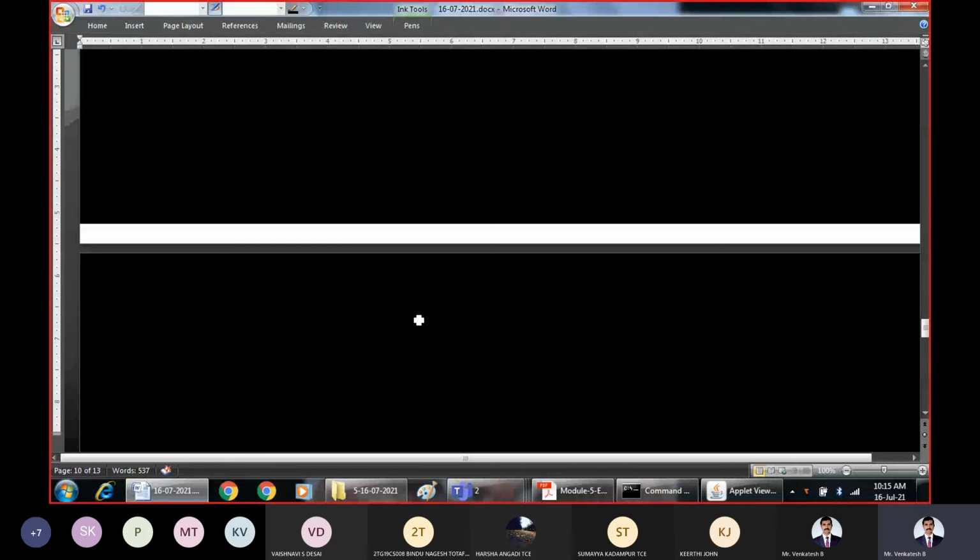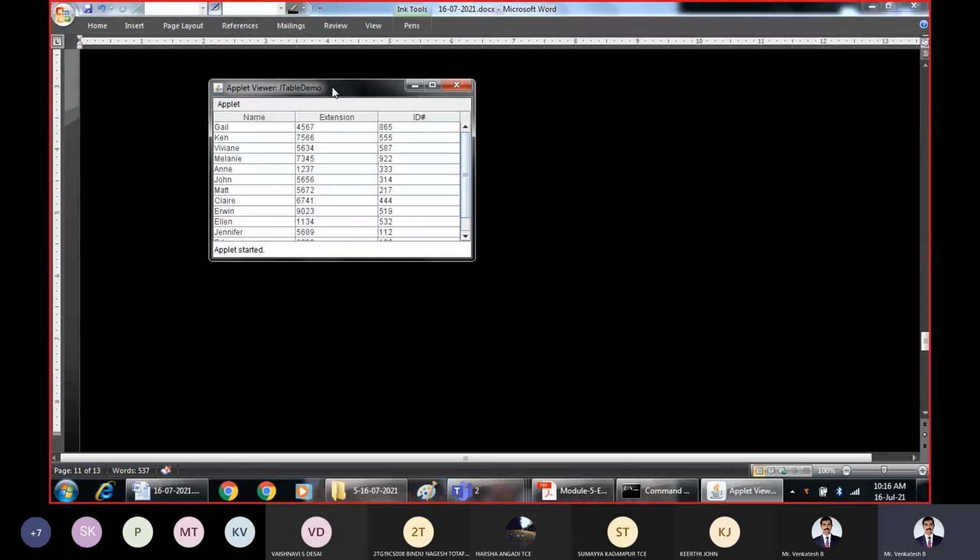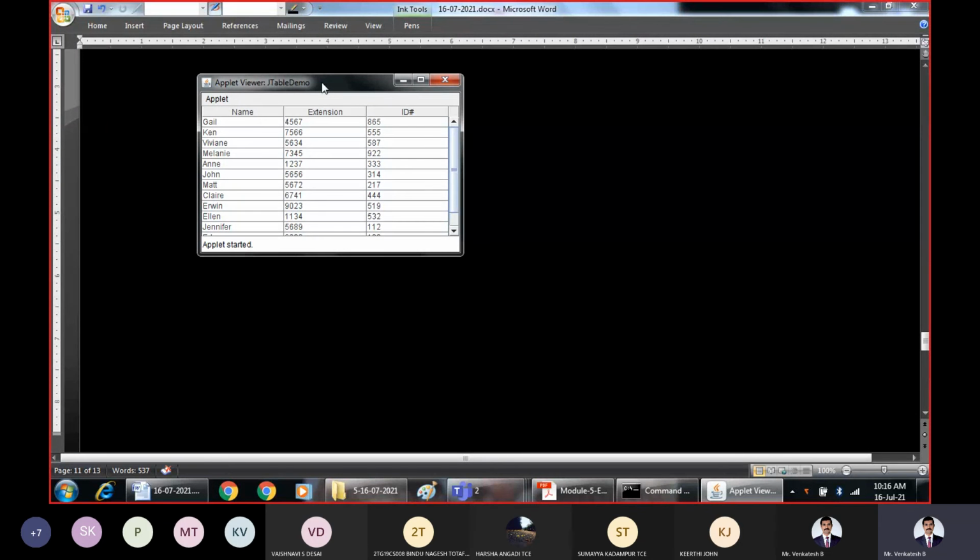Right, so as you can see, I'll just move it here so that you can see things properly. This is the table we have created. Obviously, the number of columns is 3, which we have passed: name, extension and ID. And these are the table entries.